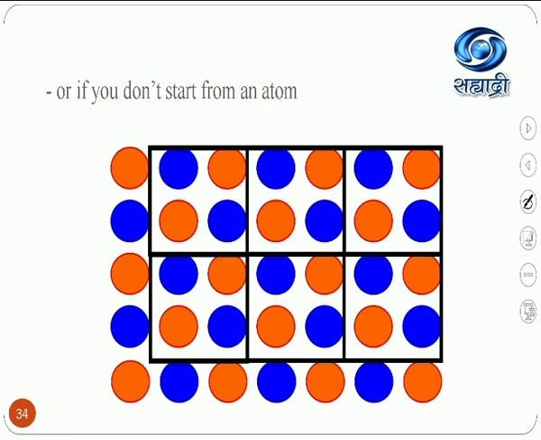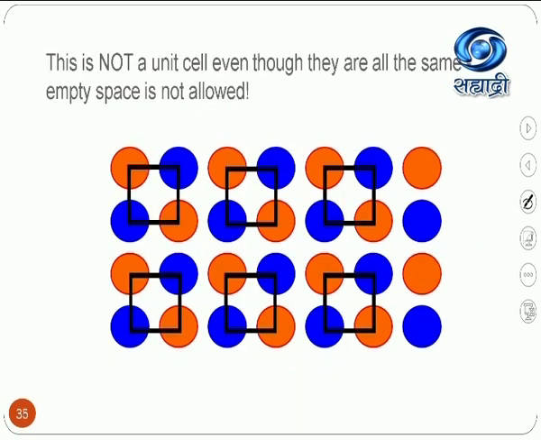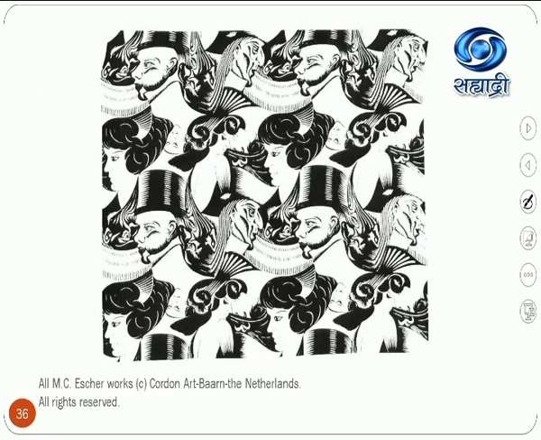Now this is another example of a crystal, with the same type of constituent particles, but the constituent particles are never arranged like that. So this is a wrong arrangement or stacking of unit cells. Now again, that is a wrong arrangement of the stacking of unit cells. There is never a gap between two unit cells. Unit cells are always completely stacked with each other. There is no gap between these two unit cells.